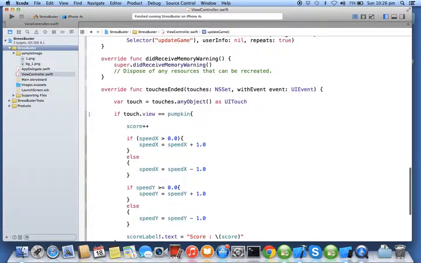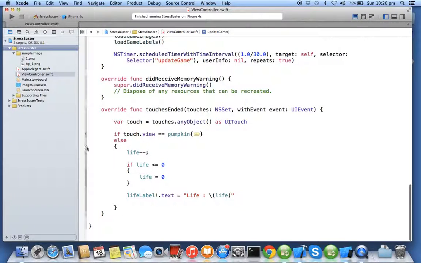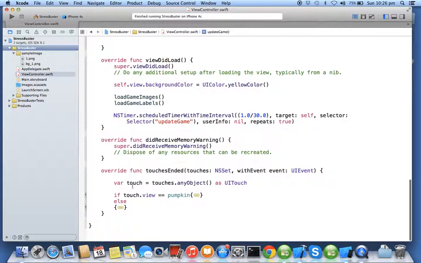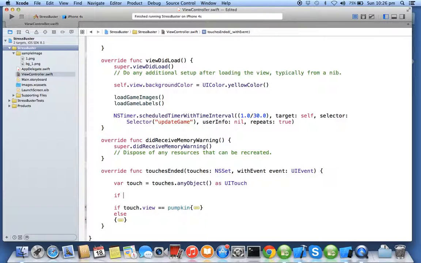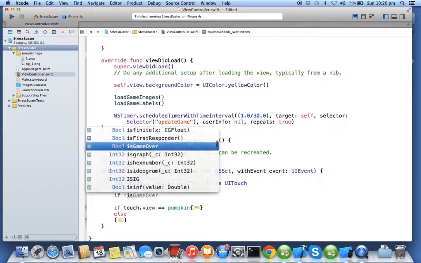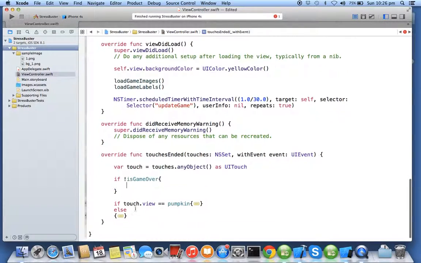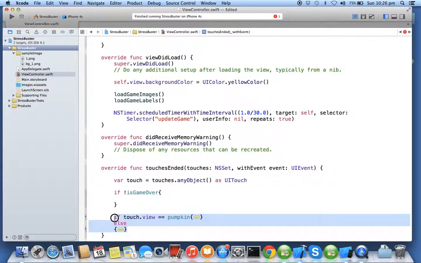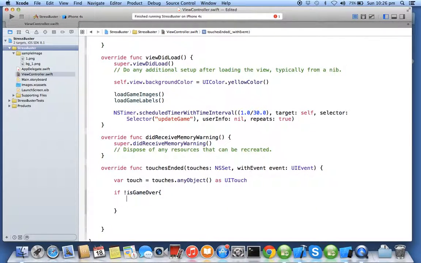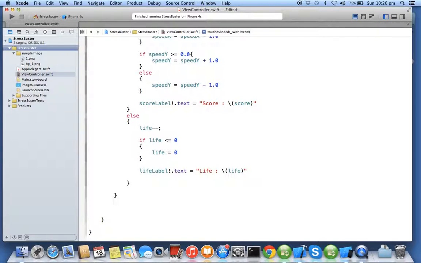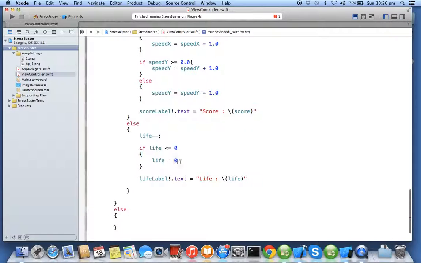Similarly, whatever we have written in the if else is applicable only when the game is in the playing state. So we are also going to create one condition, isGameOver, and copy paste the entire if else block inside this. Now when I say else, it comes inside the game over state. Now when life becomes 0, you will say